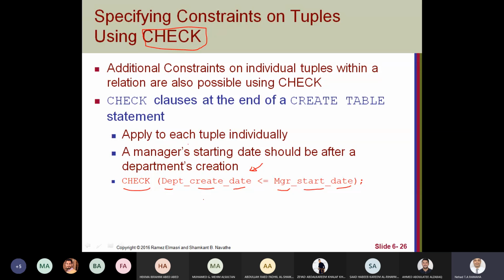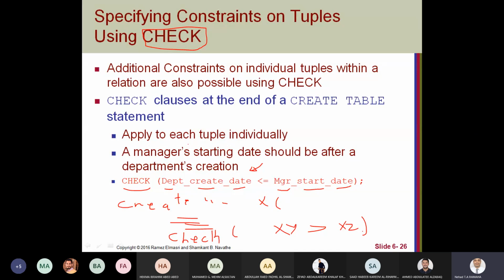So to check this value, we can use this check statement after or at any part of the create table. So you can have, like this, create table X, and you have attributes. Then here, anywhere you can make a check that, for example, attribute X value should be bigger than attribute Z value.